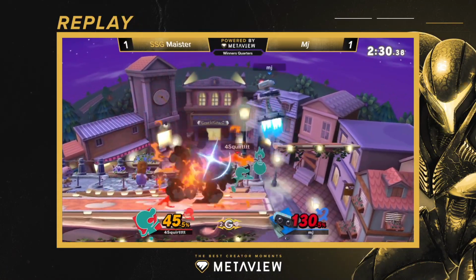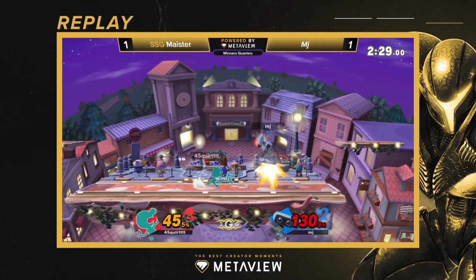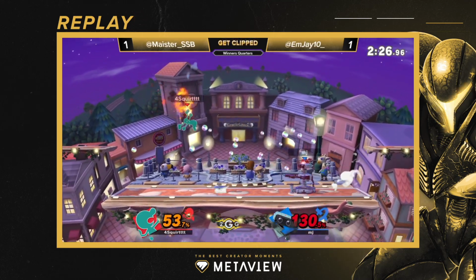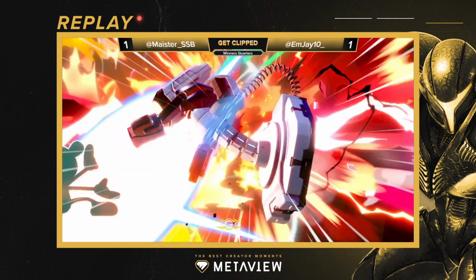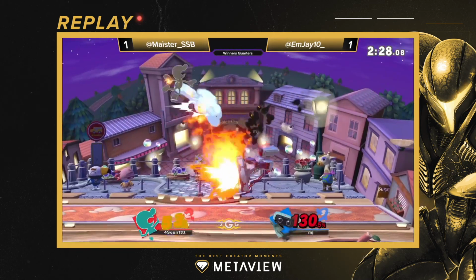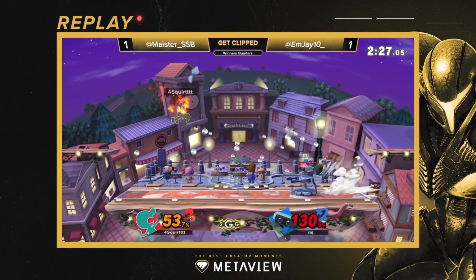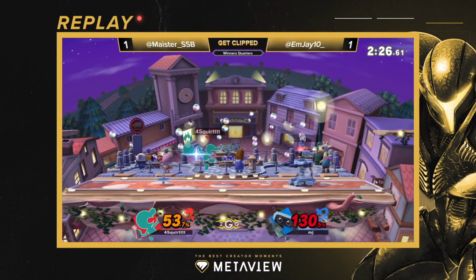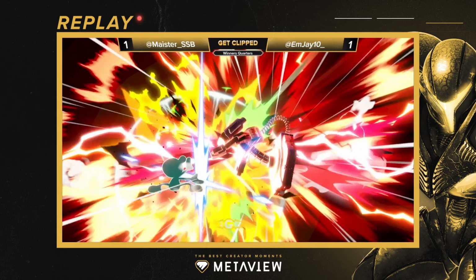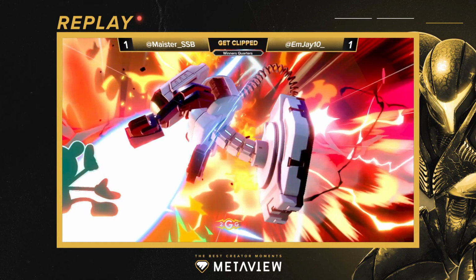I'm so surprised. This neutral air comes down. He's blocking it out. He's trying to, like, the fair. He just ran right into it. I thought he was trying to go for a dash attack, but it looks like instead he was just dashing forward. Didn't expect the bomb to explode. But I think, dash attack might have